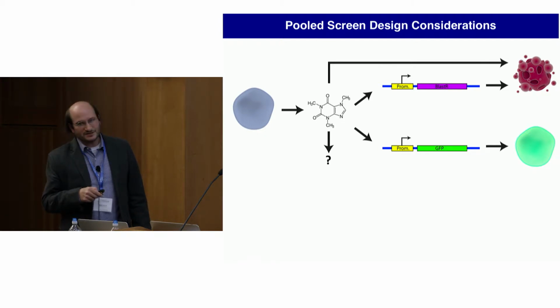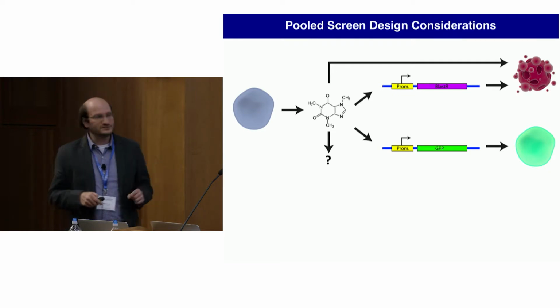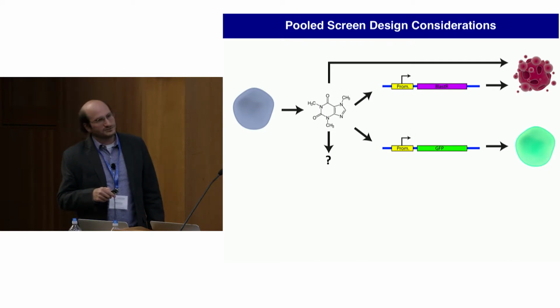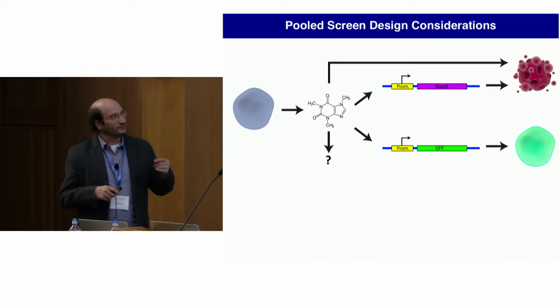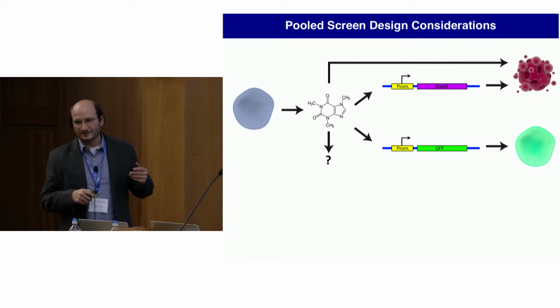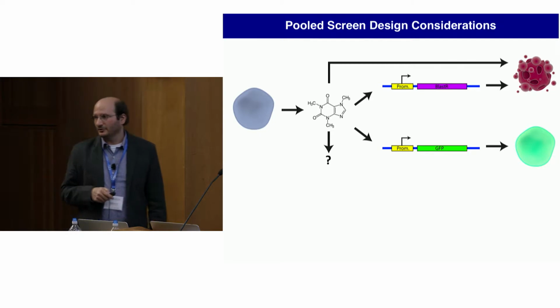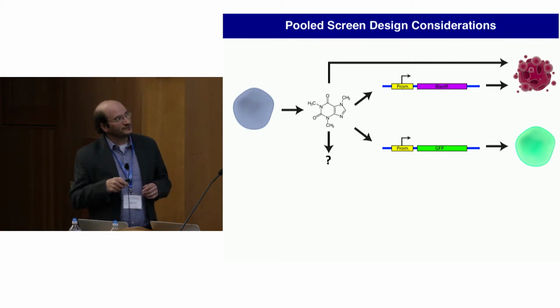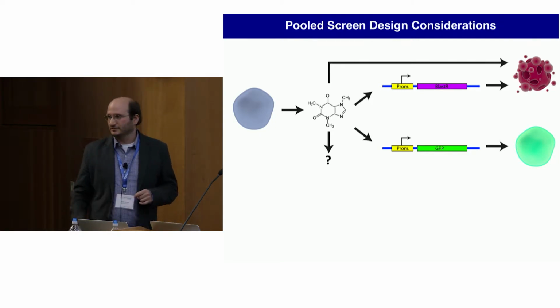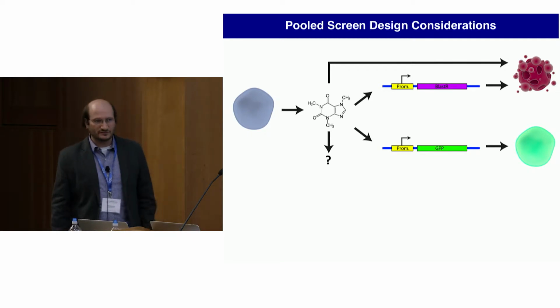A number of other strategies have also been employed. You can, for example, follow the activity of your favorite transcription factor by coupling it to a fluorescent reporter, and then you do flow cytometry-based screens, or you can couple it to expression of a drug resistance marker, and then do viability-based screens that are reporting on the activity of this promoter. So your favorite stress response, for example, you could couple to these different promoters